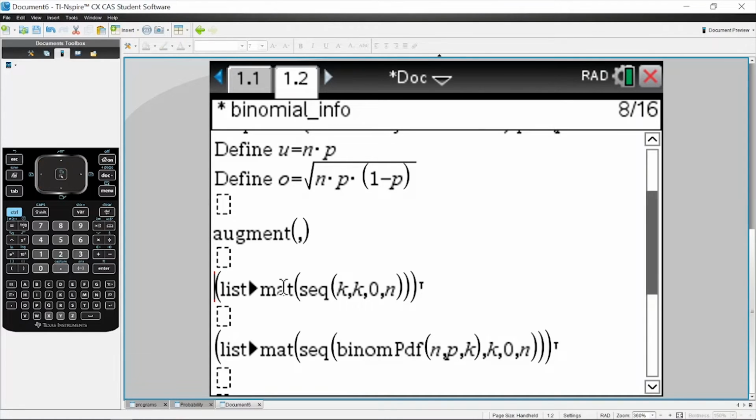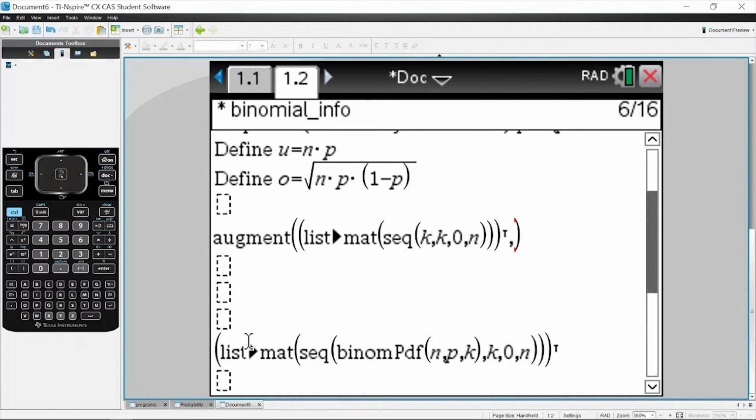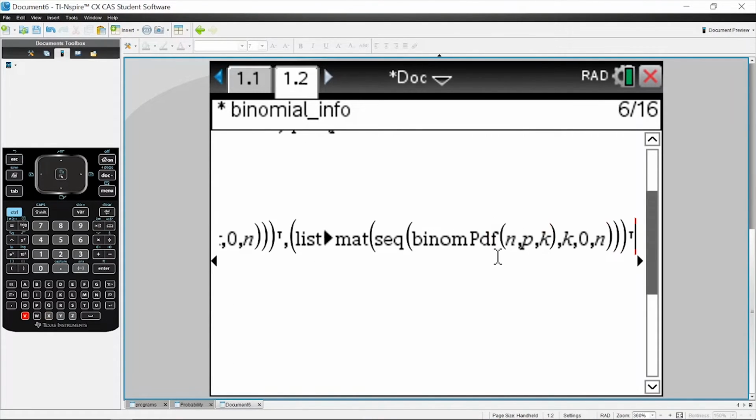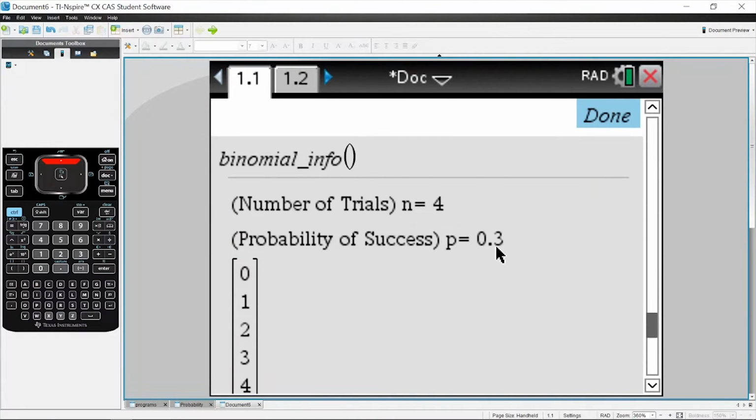and in this case they are, because this sequence right here is running from 0 to n on both of these. So if we just chuck in the first one, the x values, we want to display these first. So if we Control X and Control V into the first argument, and take this one and Control X and Control V into the second argument of the augment command, that should be it. If we press Control B, save it, and run the program again,